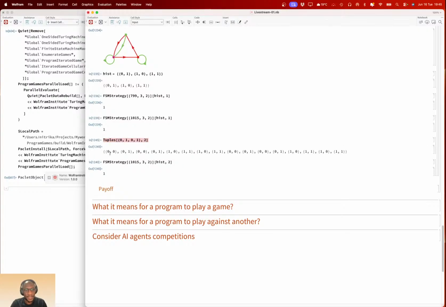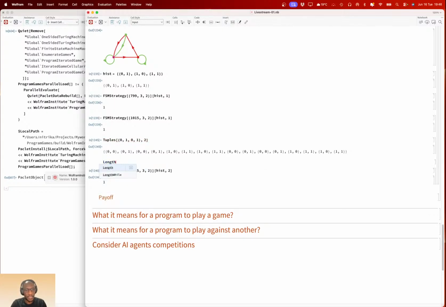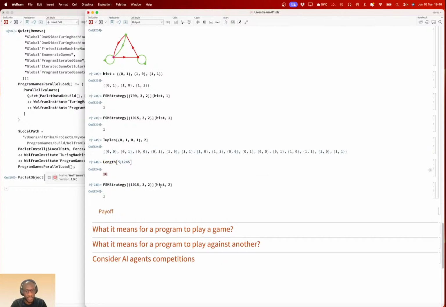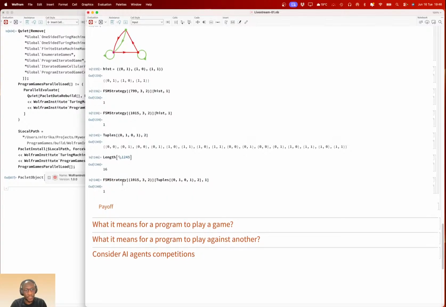So this is another possible history. How many rounds are these? These are 16 rounds. You feed that to your strategy, and as player 1, you get the move they play.